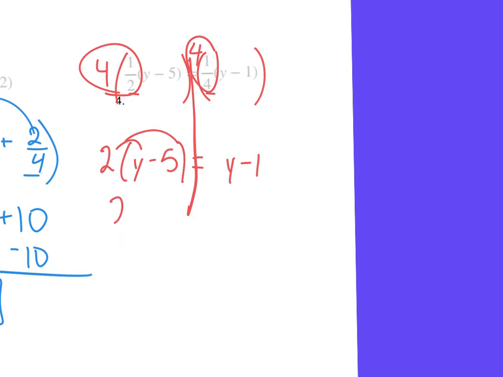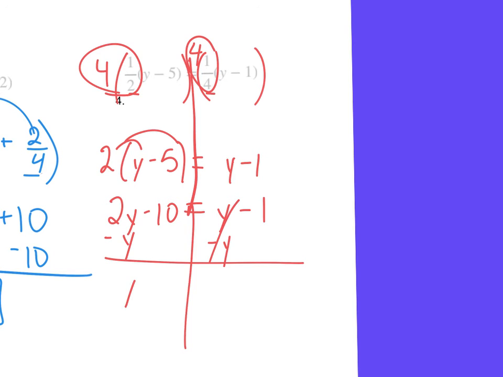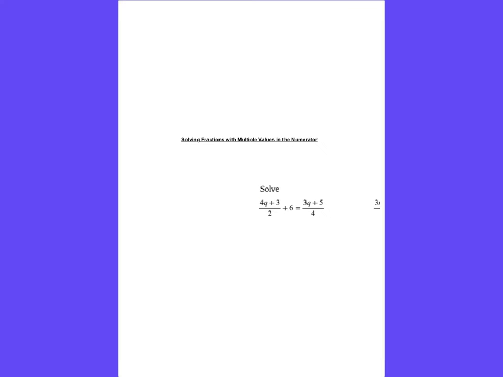So distribute on this side. 2y minus 10 equals y minus 1. Subtract the smaller variable over. Add 10. Add 10. And we end up with y equaling 9. Okay? Moving right along,